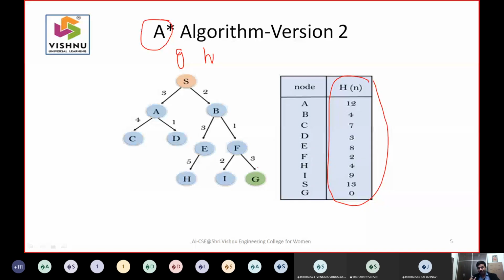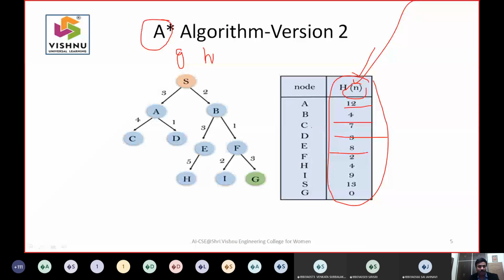So in general, when we try to have an algorithm, h of x is every time a prediction, but it looks like a static value. The reason is it was already given as a table to you, but in real time h of x value will be predicted. H of n means n is the number of nodes, h of x means x is the number of nodes, so that may be clear. But when you are asked to give an example, then they give like this.